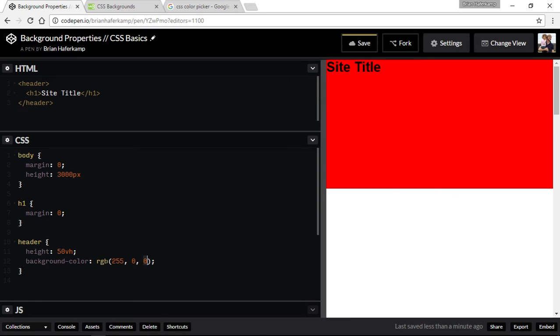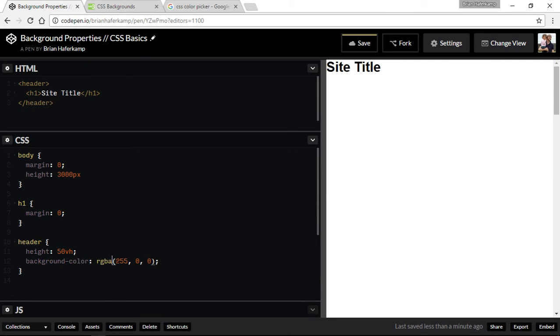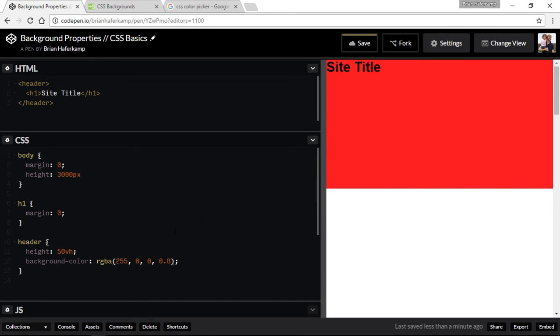So when you're looking at RGB, red, green, blue, then these are the different values here. You can use RGBA, and then that gives you an extra one on here. If we did like 0.8, the A is called an alpha channel, and alpha just means transparency. So if you wanted to put some color over the top of something, or you wanted it to be a lighter color,